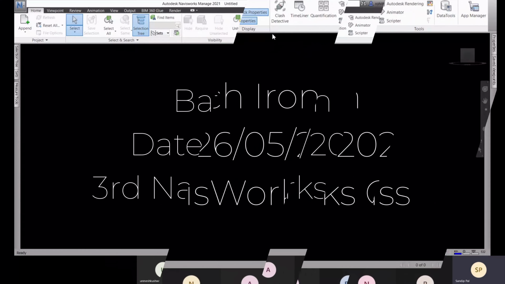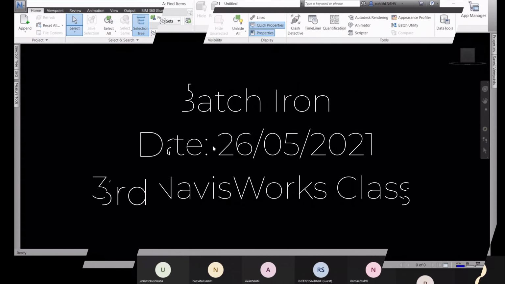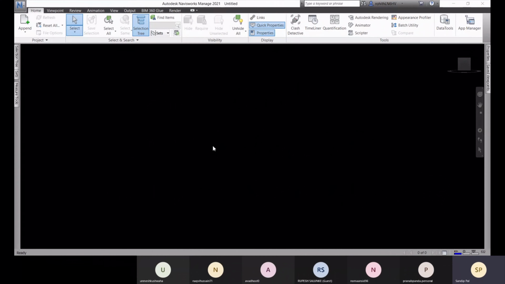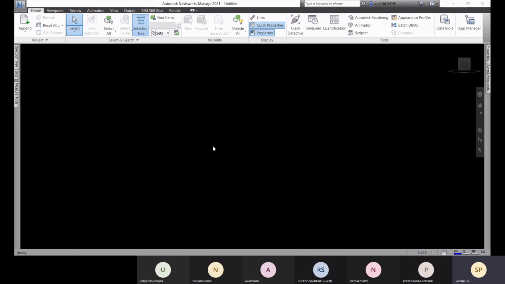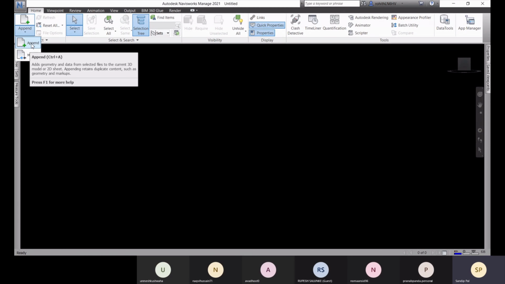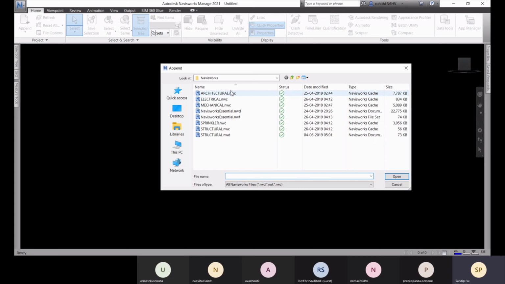About clash detection in Navisworks. Before that, I need an integrated model. So how can we do that with multiple disciplinary models? For that, here we have this Append option. If you go for this Append, you can